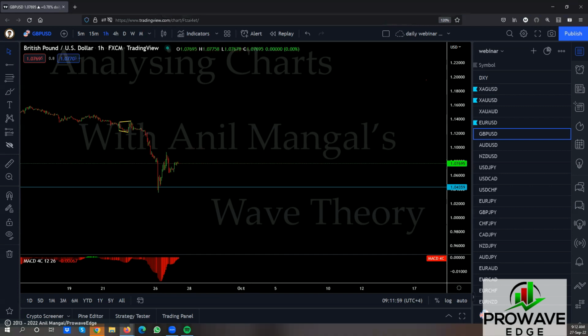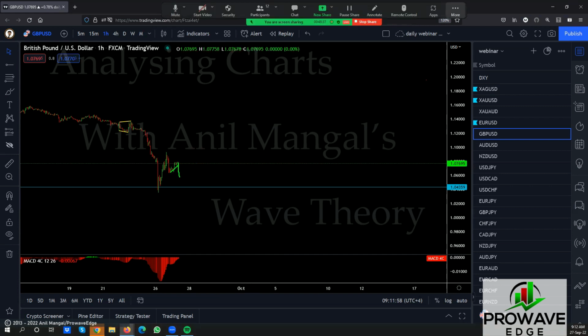But what if it actually comes lower? What if this actually comes lower here? Should we sell this? And the answer is no, because you don't know how far it's going to break this low by, right? But if it comes all the way here, all you have to do is let it go back up and then sell this for the next drop. See this one? 1, 2, it goes back up, then you get the sell. This was a sell, this was a sell. I think this could have been a sell. So the same thing would happen here. You'd get a sell setup here, and you'll take that trade.